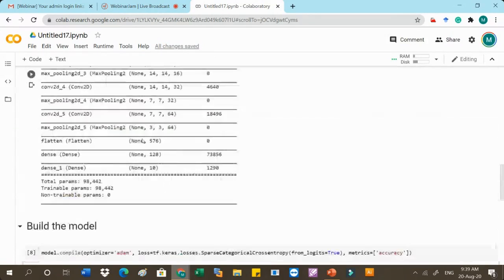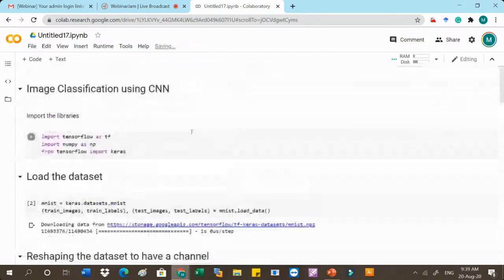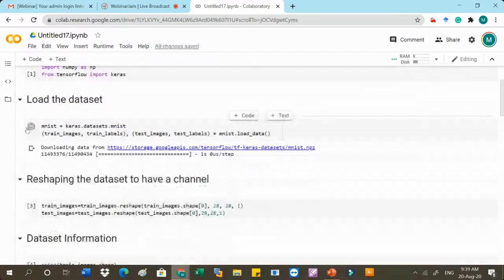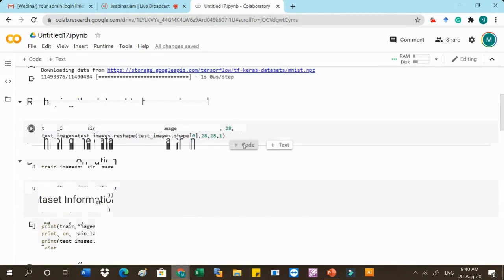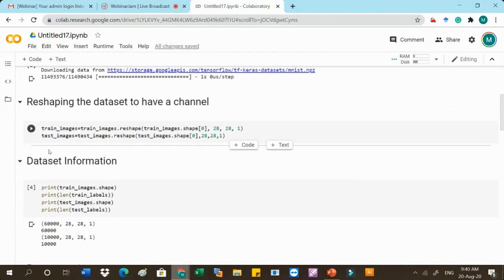You know what you have to do if you want to perform your own operation on your own data. You have to upload the data on your Google Drive, and then you can access the data set. You just set the path and you can access the data set. You can make the training set separately, training labels separately, testing set and testing labels, then access all those parameters. After accessing those parameters, what you have to do is just check the shape, just check the data set information.